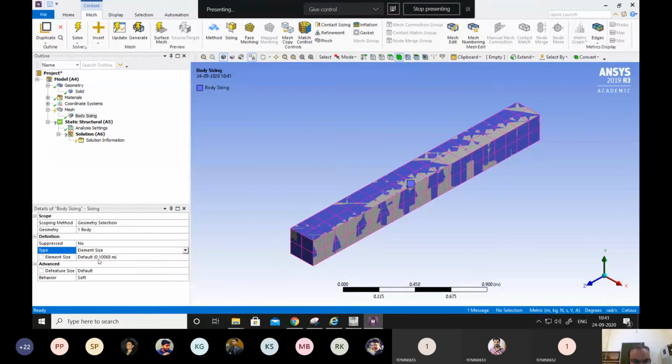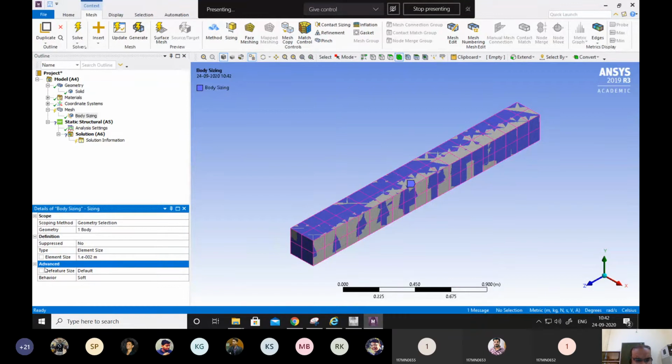It is showing the default element size is 0.1. 0.1 is 100 centimeters, so we want a little bit less. Let's go for 1 centimeter, 0.01, right?